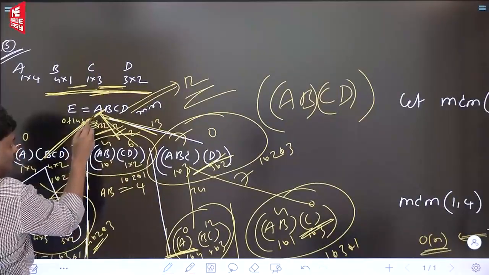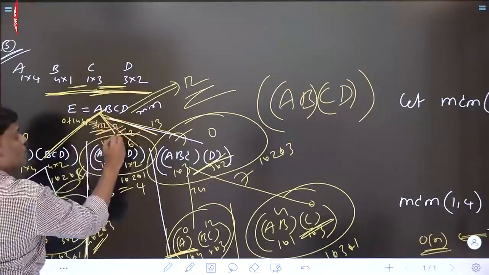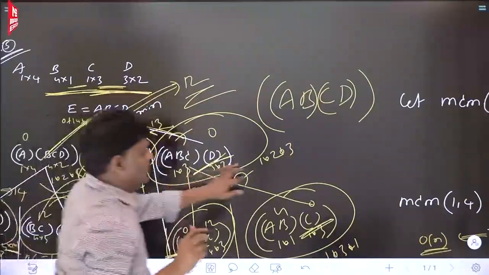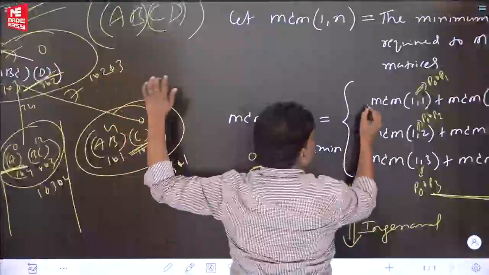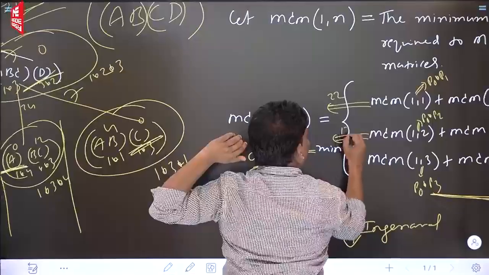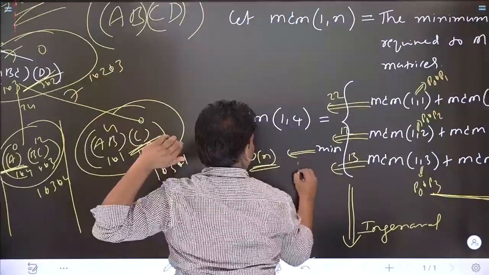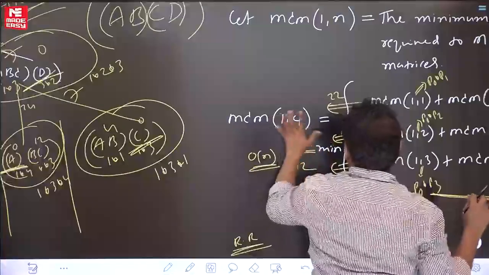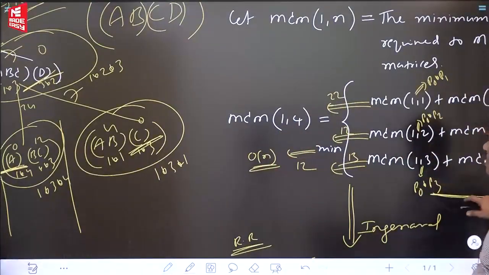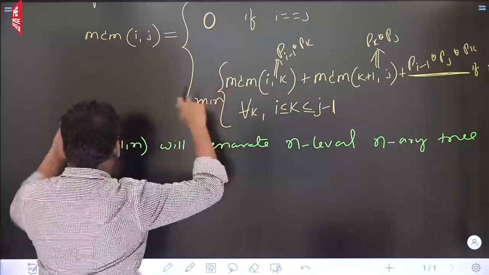K value 1, 22. K value 2, 12. K value 3, 13. Best one is 12. So let me write here. Same thing. This is the final answer given. What is the answer? 22. This is given 12. This is given 13. Best answer is 12. So out of n matrices, finding the minimum order takes n time. So I am thinking that everything is absolutely fine here. I hope until now everything is fine. Let's see the next line.